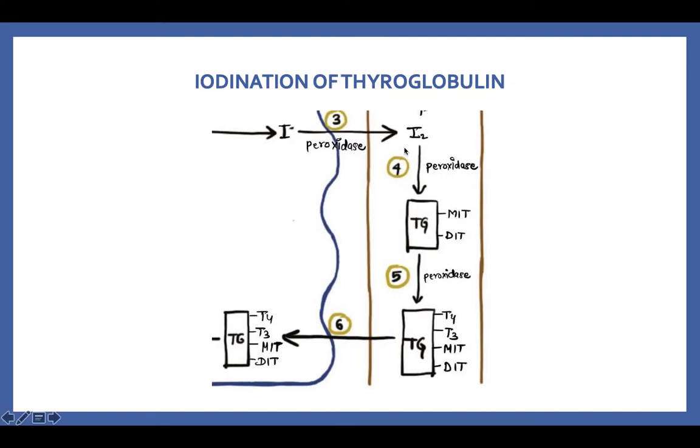So we had the oxidation, we had the organification, and the next function for the thyroid peroxidase is the coupling reaction. So what happens in the coupling reaction is that we have conjugation of these MIT and DIT molecules with each other. So when you have one MIT and one DIT that combine with each other, it becomes T3. And when you have two DIT molecules conjugating together, it becomes your T4 hormone. So T3 is known as your triiodothyronine and T4 is known as thyroxine, which are still linked to your thyroglobulin molecule in the follicular lumen. And this step is the coupling reaction.